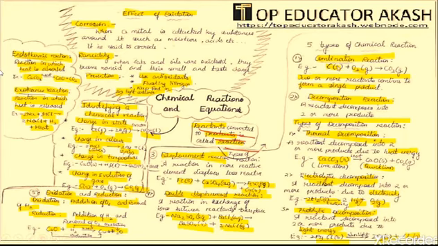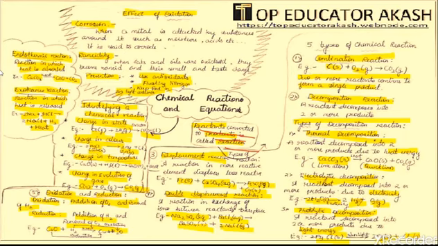What is a combination reaction? It is a type of reaction in which 2 or more reactants combine to form a single product. The last example you have seen is C, that is carbon, when it reacts with oxygen, CO2, that is carbon dioxide, is formed. Another example we can give is Mg, that is magnesium, when it is burnt in air, it burns with a dazzling white flame, then it turns into magnesium oxide.